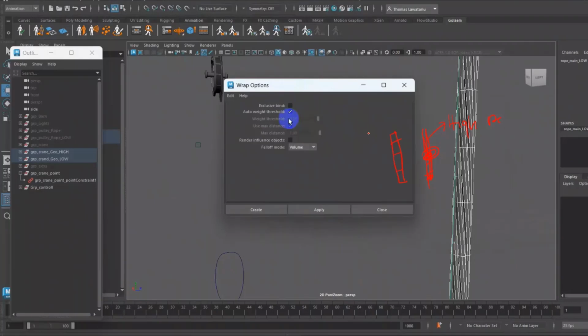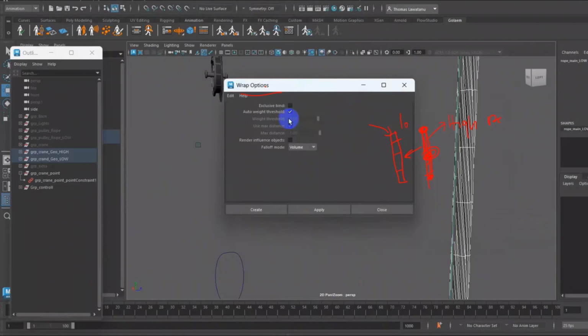That's why I need to apply the wrap option, which means once I apply the wrap in the low poly, the high poly shape or these objects will follow. That's why I'm using the wrap option. This is easier for the next steps.